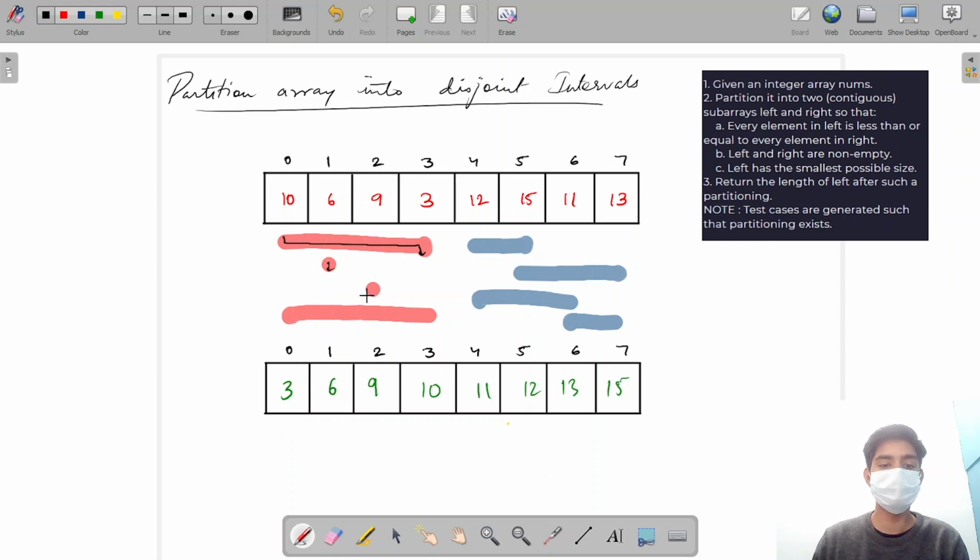6 wants to stay here only, 9 wants to stay here only. The impact of 3 is in this range only. Now 12 wants to go here, 15 wants to go here, 11 wants to go here, 13 wants to go here. So the impact of all these numbers is in this range only. So it means that if I partition this array or this vector like this,